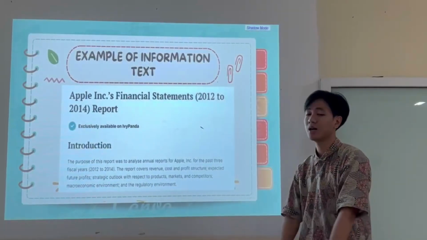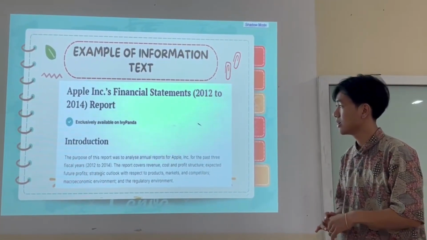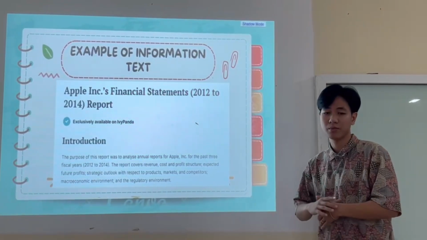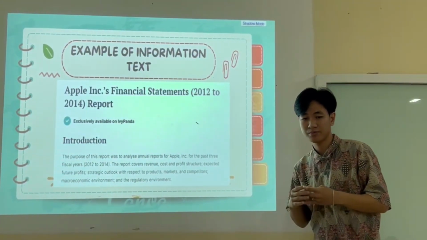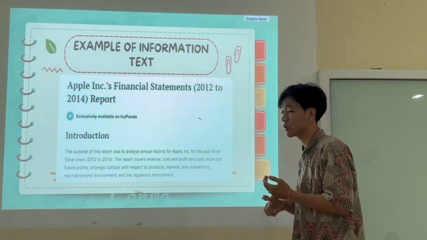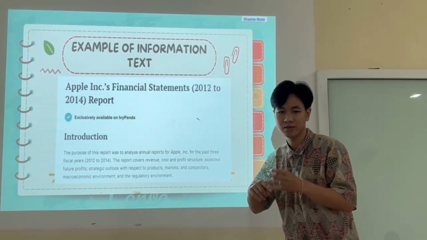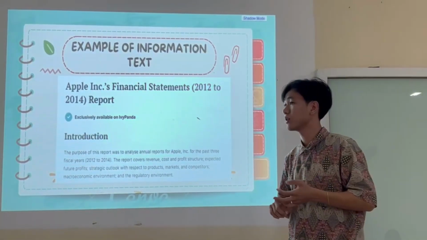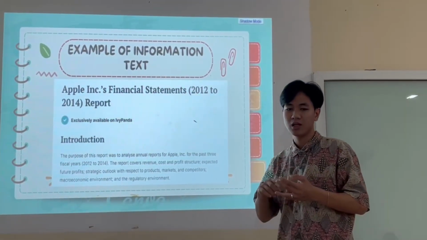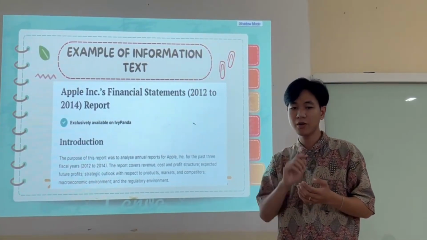And now we are talking about the example of information text. Here we can see a report of the Apple company, and a report is a concise structured document that presents specific information on a particular topic, and usually as a result of an investigation or research endeavor. And in real life,